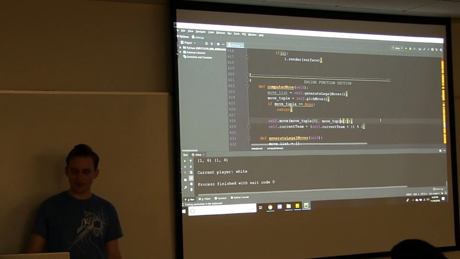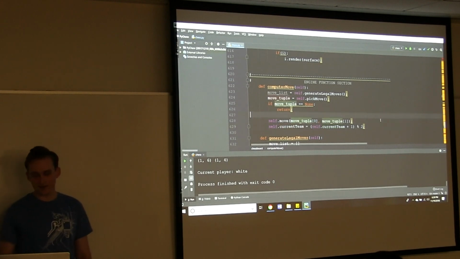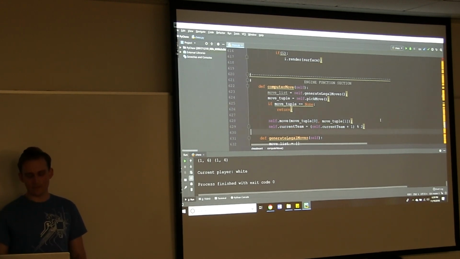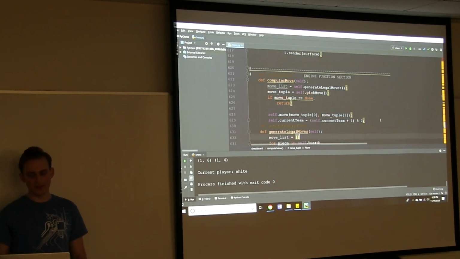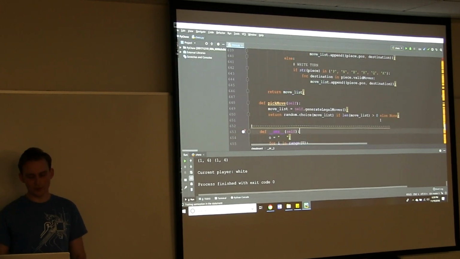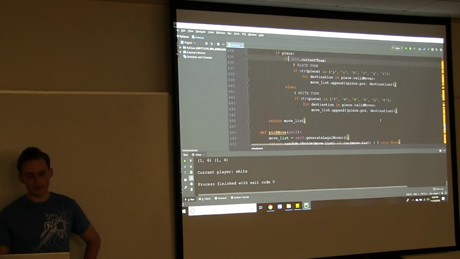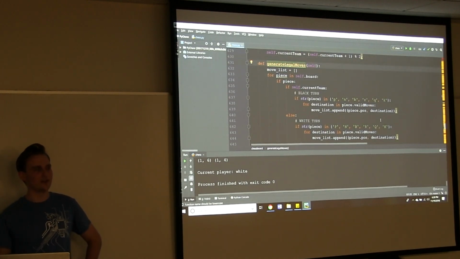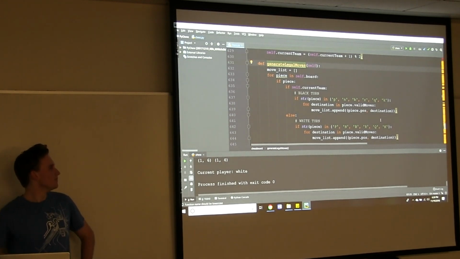At the end of the function you want to actually make your move, and then you swap the team back to white. So right now we're calling pick move, and that is just picking a move randomly. But one important step I kind of passed over is you have to be able to actually generate all the legal moves. And I was nice enough to provide this function, but it's pretty intuitive to think about.